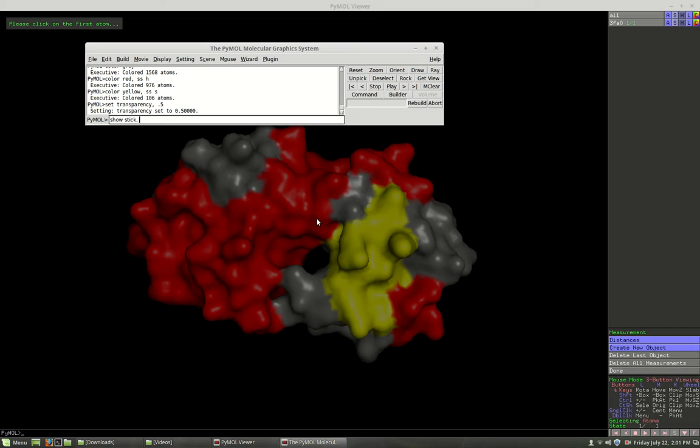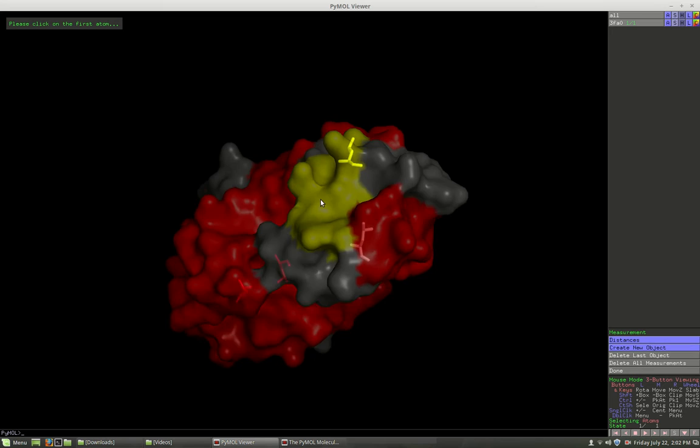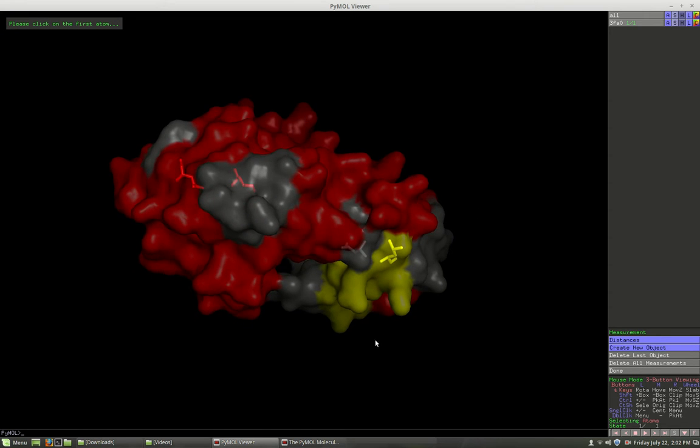comma, and we'll do it with certain residues. So let's do residue, and then we can do several at a time. Let's try these. Plus 99 plus 121. Do that. So there we show certain residues that we might be interested in and where they are in